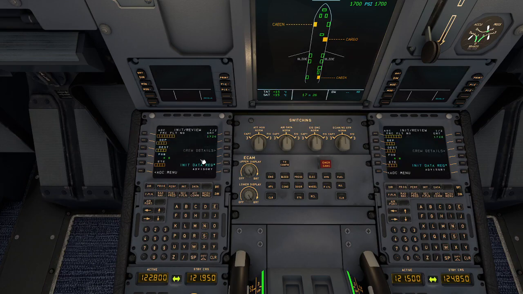Ladies and gentlemen from the flight deck, on behalf of myself, your captain, the first officer,